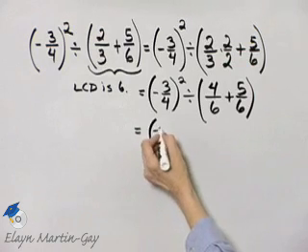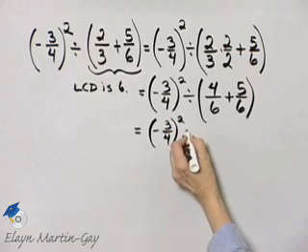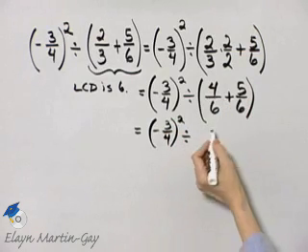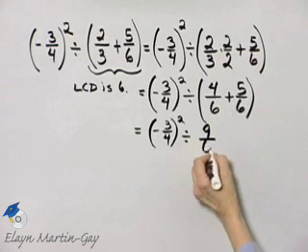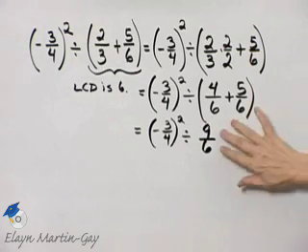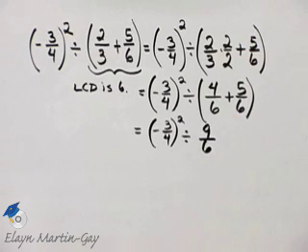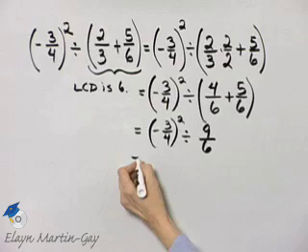So this is negative 3/4 quantity squared divided by 4 plus 5, numerator plus numerator, that's 9 over, keep that common denominator. Now we'll go ahead and simplify this fraction, but while we are simplifying this fraction, let's go ahead